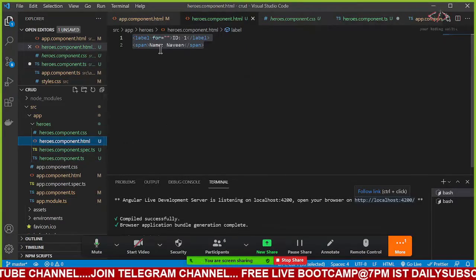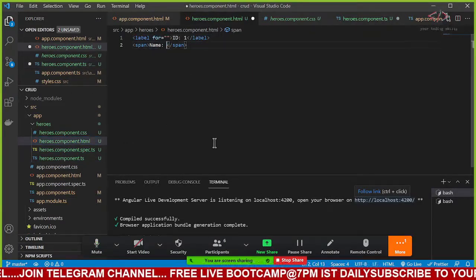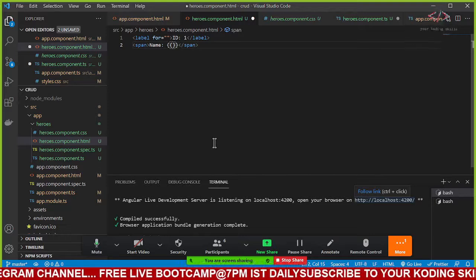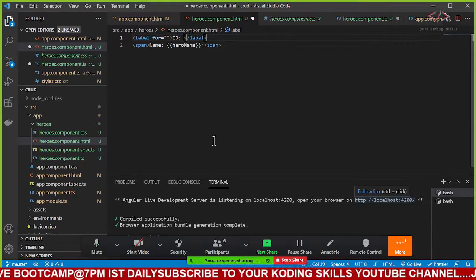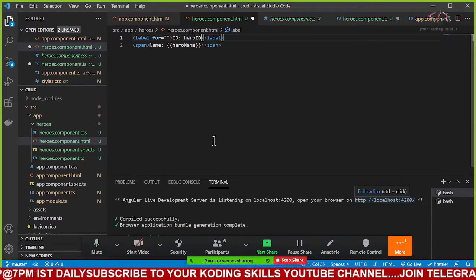So in place of Naveen, I can say hero name, and in place of 1, I can say hero ID.